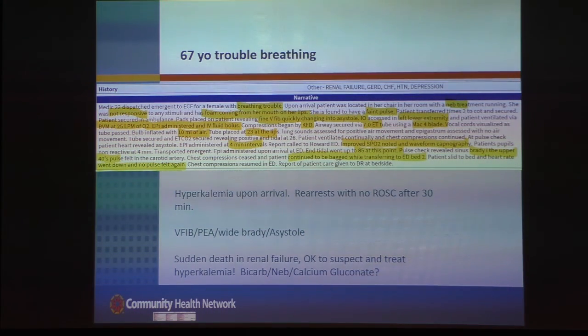So VFib, PEA, wide brady, and asystole. All these are possible with hyperkalemia. So if you know the renal failure, it's okay to just treat it. Really what we're down to is bicarb, nebs, and calcium kind of coming in. We have calcium on the truck? Gluconate or? Yeah. Yes. So yeah, I mean, if you have time with the patient,